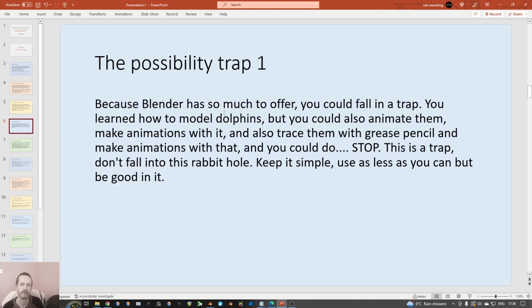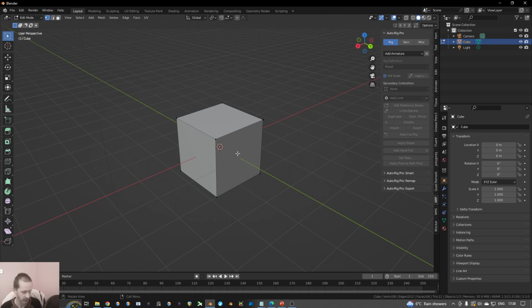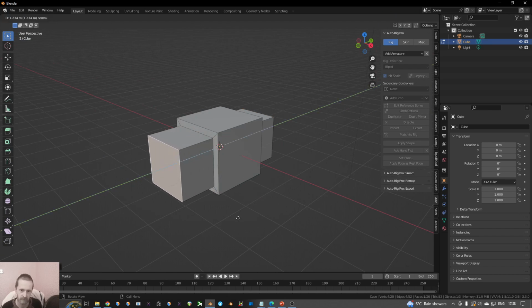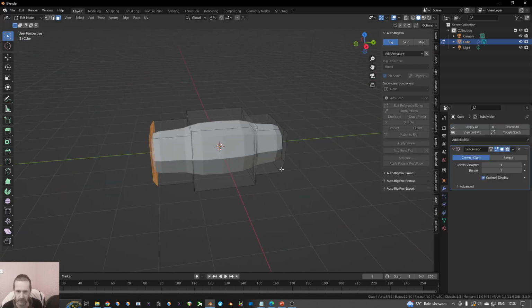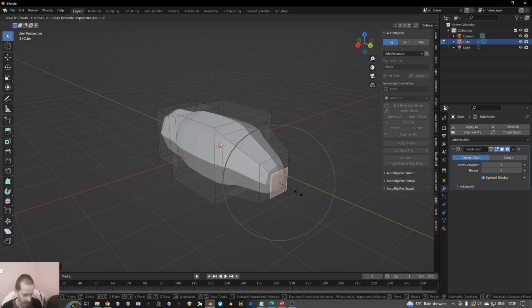Here I have an example. Let's say you're very passionate about modeling dolphins, box modeling dolphins. So you're in Blender. Initially you do things all over again, so you do things like that, inside, maybe you do a bevel, and that's pretty much what you are using all the time. Maybe you use a subsurface modifier, and you try to model things like that,